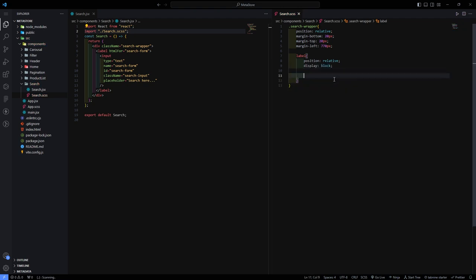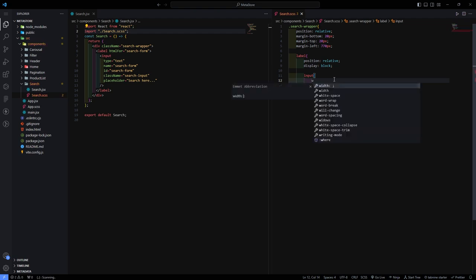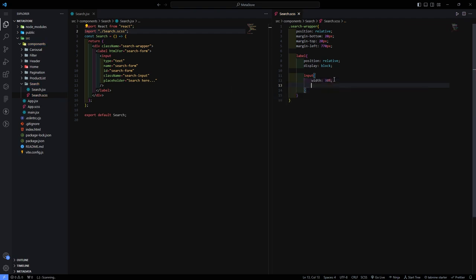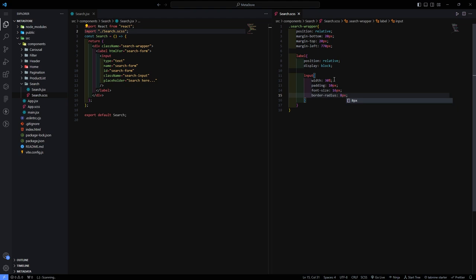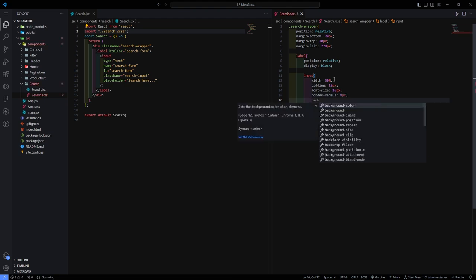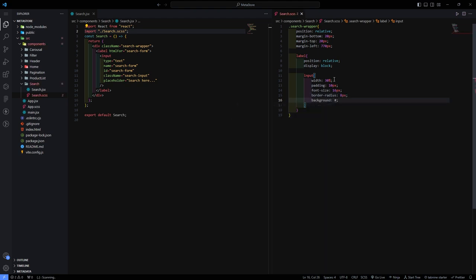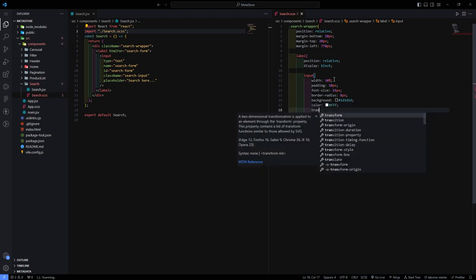Okay, and next we have input, width as 30%, padding 10 pixels, font size 16 pixels, border radius as 8 pixels, background color is 1D1D1D, and the color is FFF,